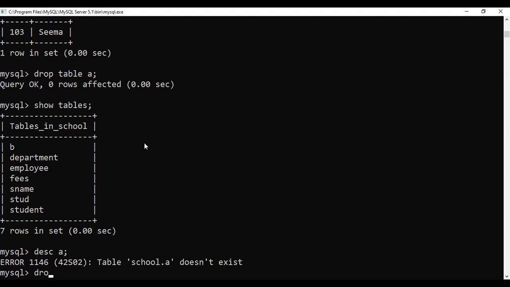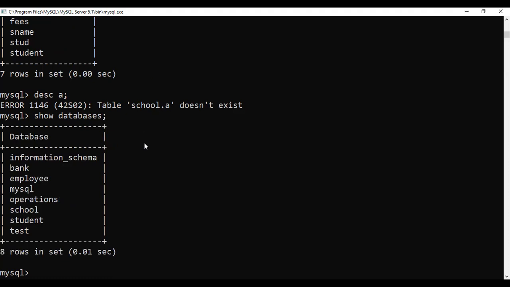Next command is drop database. Before that, let me see what all the databases available in my system. For that, show databases will work. This many databases are there.